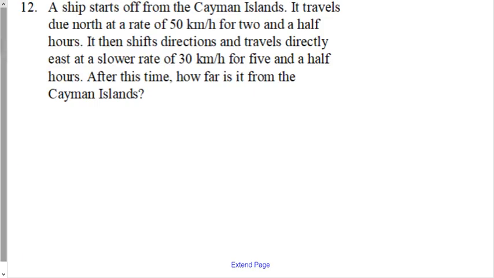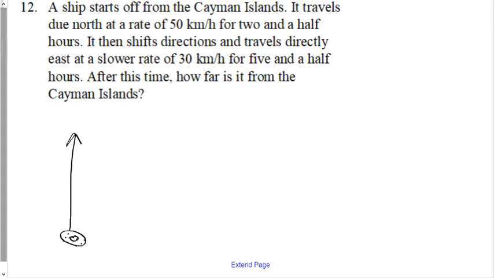Question 12 confused people because there was no picture this time. You actually had to draw it, and some people didn't know which way north was. I'm just saying. North. So a ship starts off in the Cayman Islands. So here's the Cayman Islands. It looks like an island. It travels north